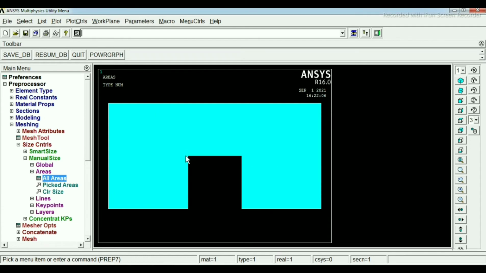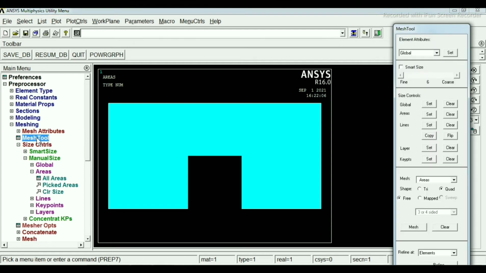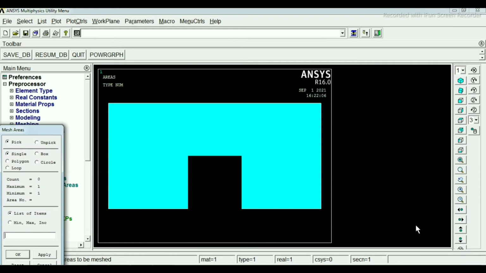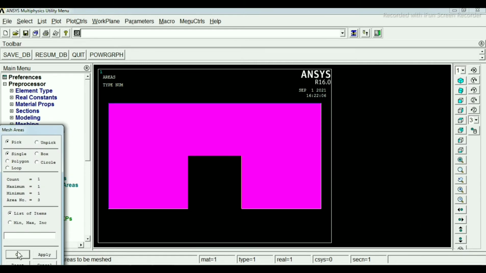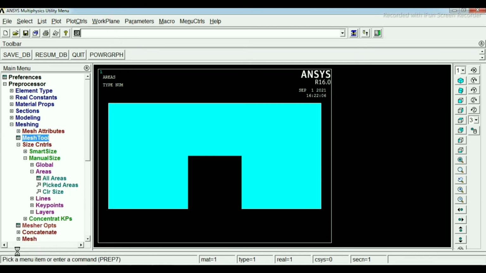Now click on OK. Now click on mesh tool. Smart size will be on. Now click on mesh, then select this rectangle and click on OK. So meshing is done. This way you have to mesh the 2D rectangular component.